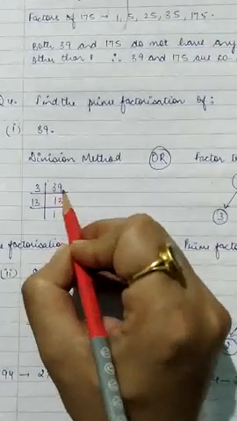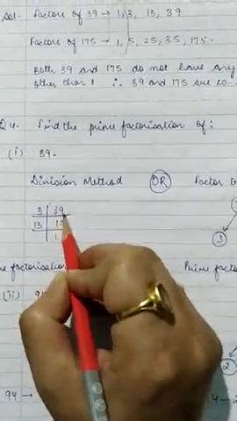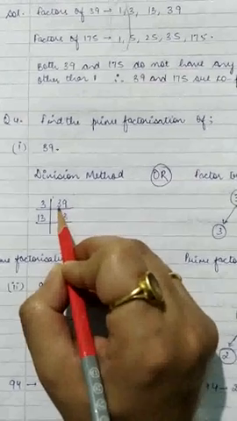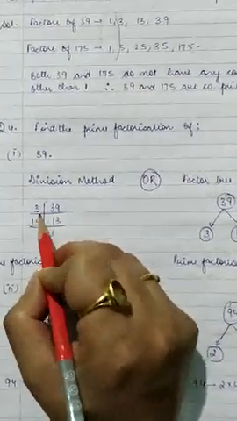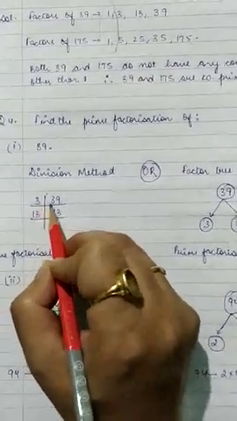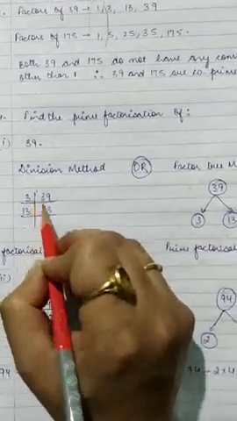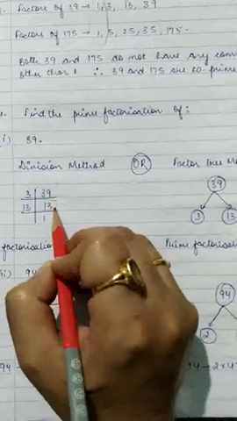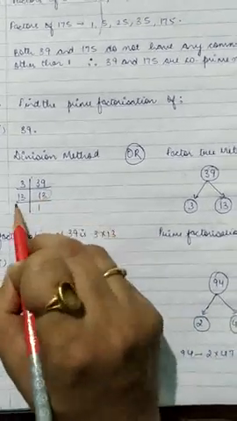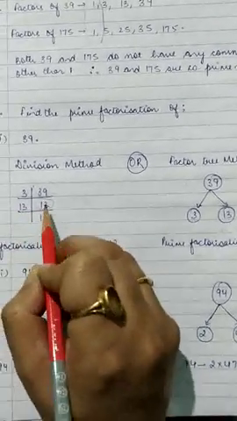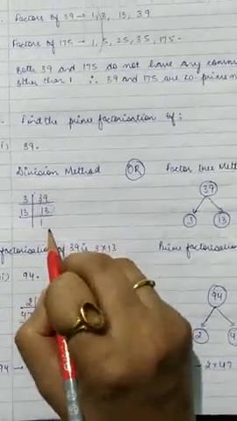Here we have written 39. Which is the lowest number which divides 39? Which number is it that divides 39? It is 3. When we divide 39 by 3, what are we getting? 13. So we will write 13 over here. Now which number divides 13? 13 only. 13 ones are 13. So this is your division method.